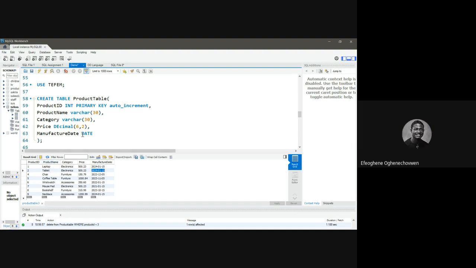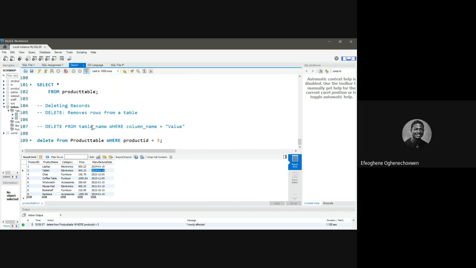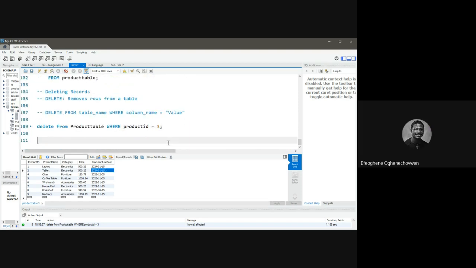Okay, so let's just run a demo now. The only two things that are different here is we have laptop, but this is tablet. We'll have electronic, the same price, the same manufacture date. So let's change it from tablet to laptop. To do that, we'll say